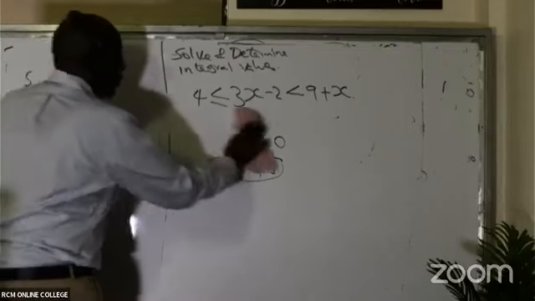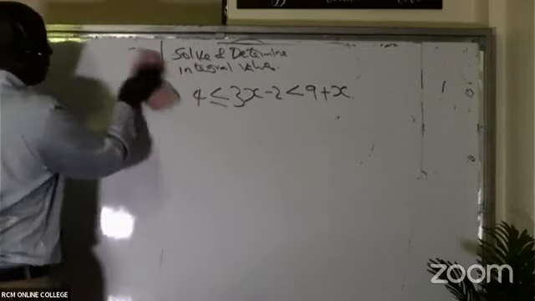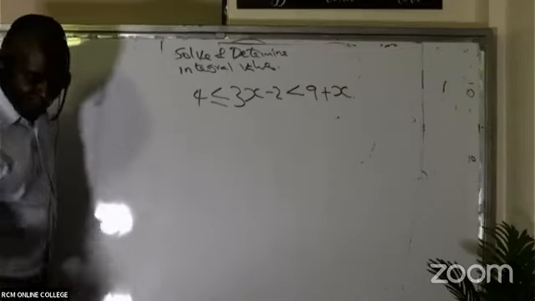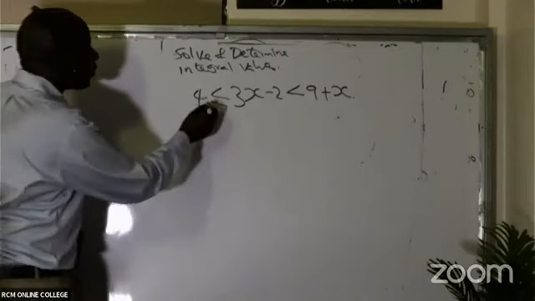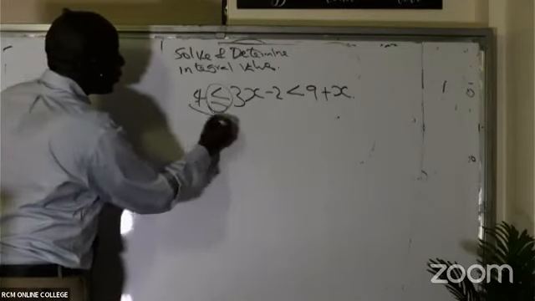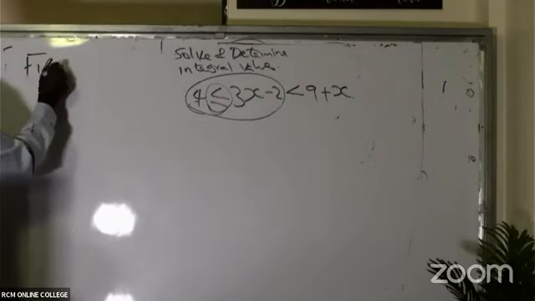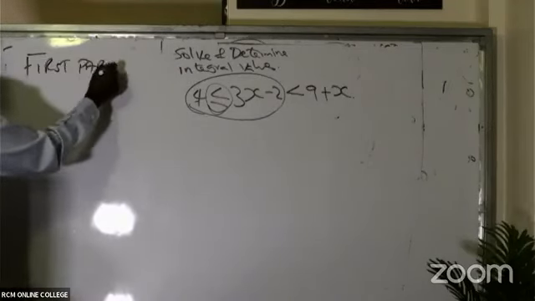So we start with the first part. So the first part, of course, is this first inequality. You write like that. So the first part, ladies and gentlemen, we have here 4